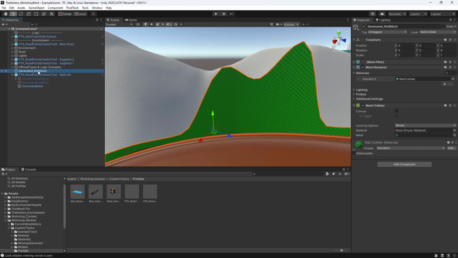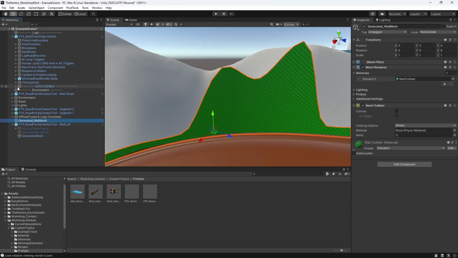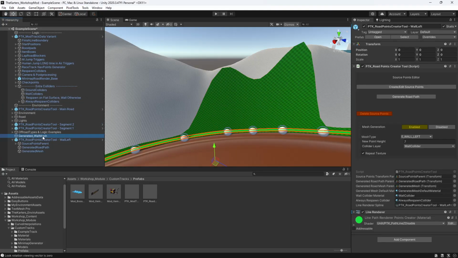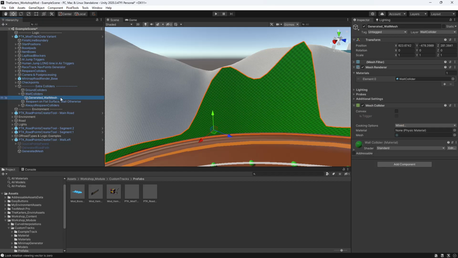Since it's a generated wall mesh, maybe you want more than one. You can either categorize them by putting them in folders, or you can simply go into the mod track variant. You have extra colliders, wall colliders. I will move my generated wall mesh into wall colliders, and I will rename it to wall left. So there I have my